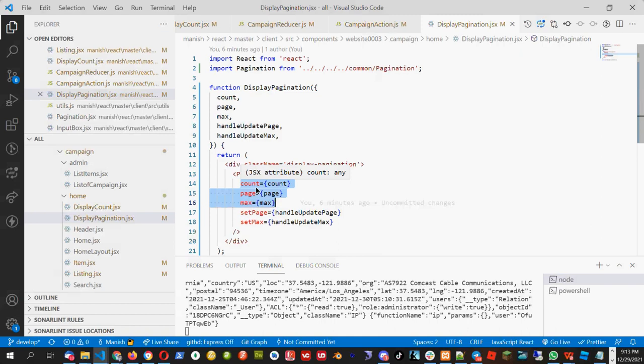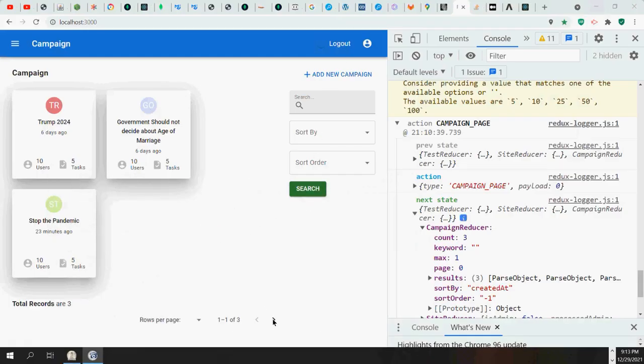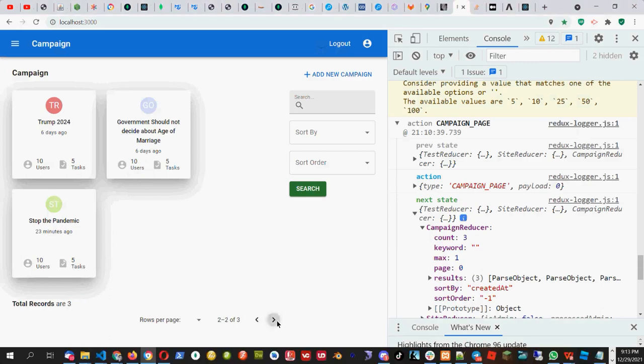So if you have 300 records and you want to go to 100 number, you can show 100 per page, then only 3 times you reach the 300 number. But if you want to go to 100, the first time only you will get 100. It depends on how many pages you have. If you have 10 records per page, then you have to go 10 times, tick, tick, tick, to get to the 100 number.